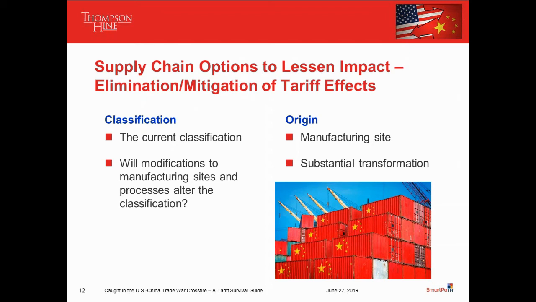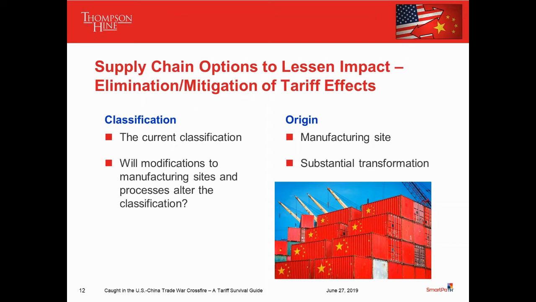Let's look at the options that you have regarding the country of origin for your product that may be currently subject to a Section 301 tariff. Again, I offer an easy option and a more involved option. The easy option doesn't apply to everybody. I'll tell you that from the start. It involves a company that has multiple production facilities worldwide for a particular product, and that company is able to shift the production from China to a third country. If they're able to do that and still save money by avoiding the tariff, then of course it's a no-brainer,